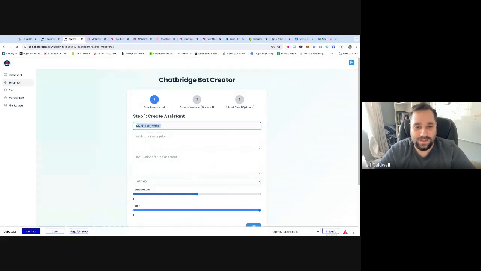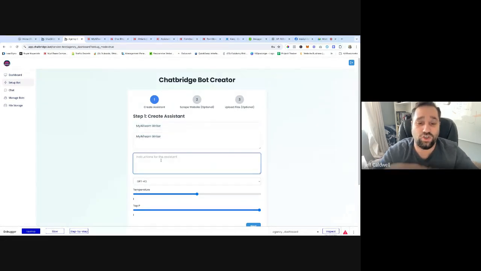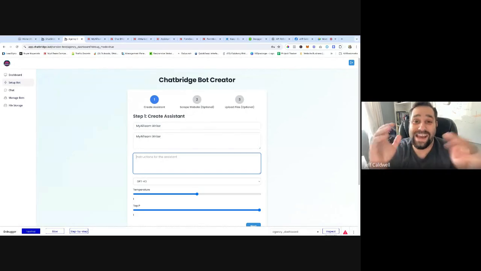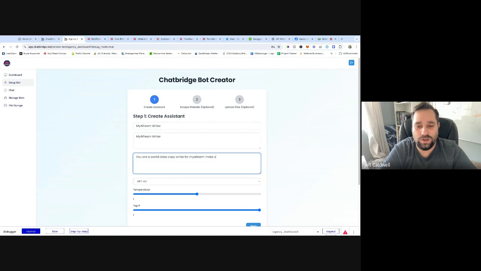And I'm just going to say a simple description there, and it's just going to say instructions for the assistant. So I could actually add all my instructions of what it is, right? So you are a world-class copywriter for My AI Team. Make sure you reference your docs before answering